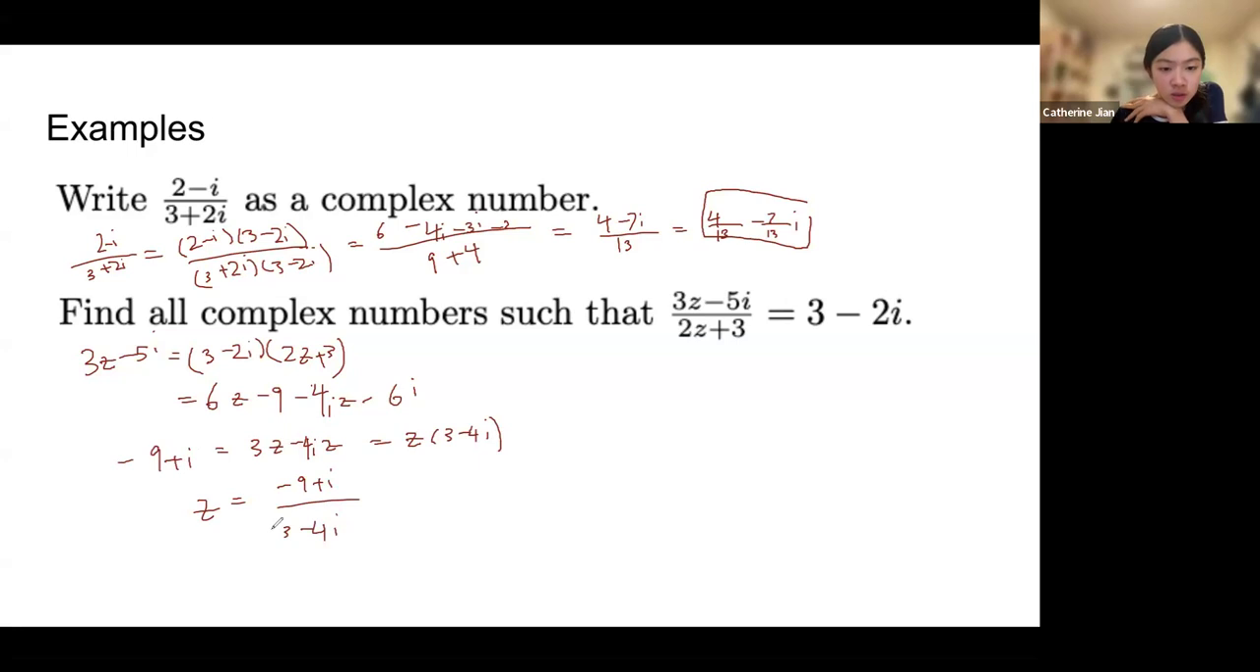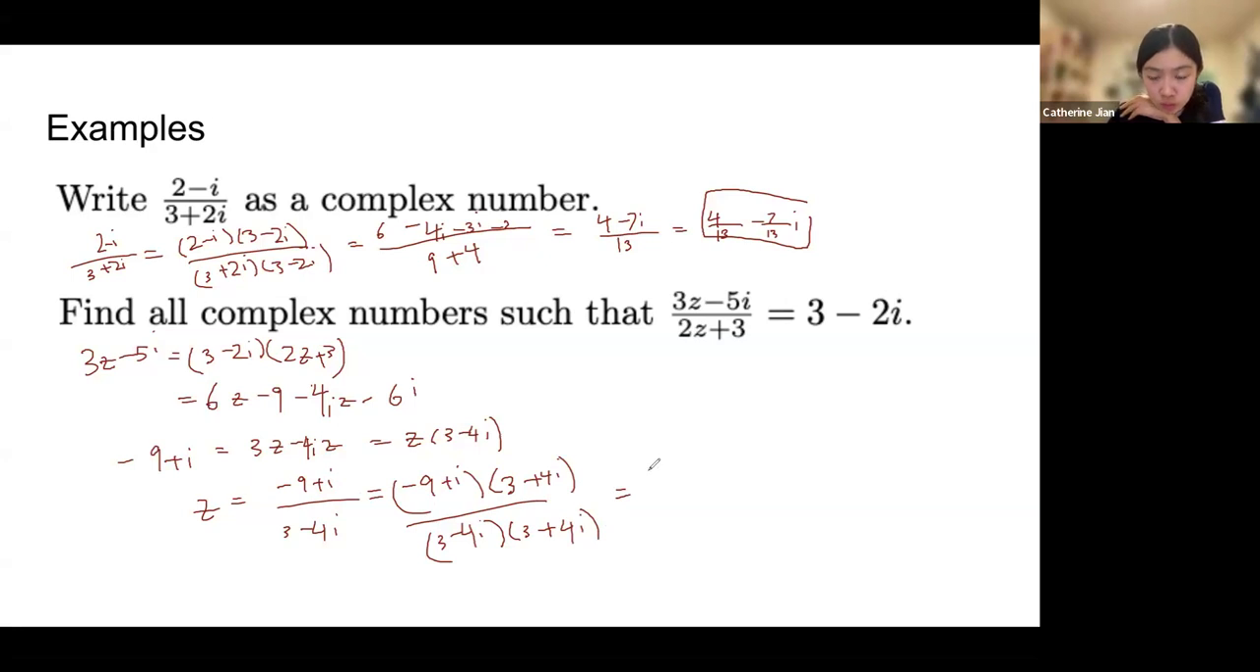And this is basically just complex number division. So we can do the same thing we did for the last problem to simplify z. And so z is equal to negative 9 plus i times the conjugate of the denominator, so 3 plus 4i, over 3 minus 4i times its conjugate, 3 plus 4i. And then we see that the numerator simplifies to negative 27